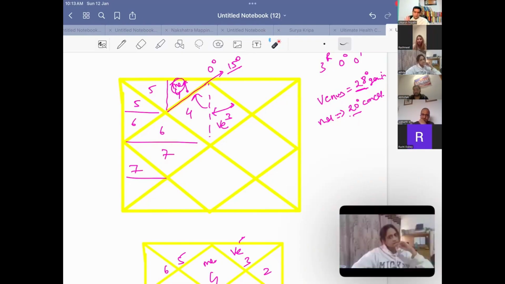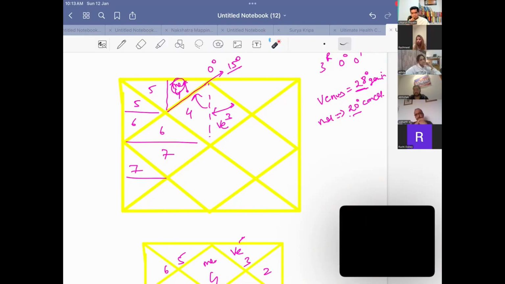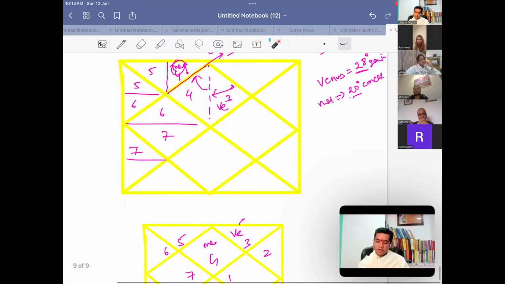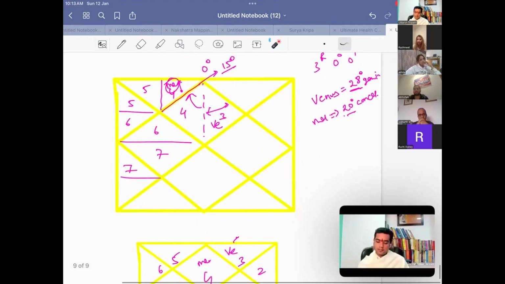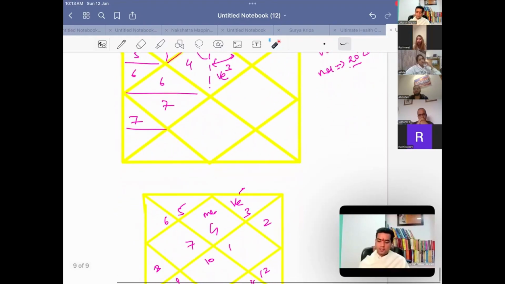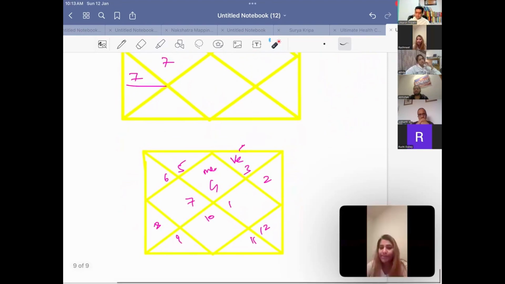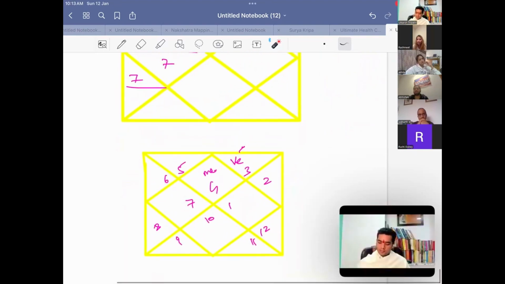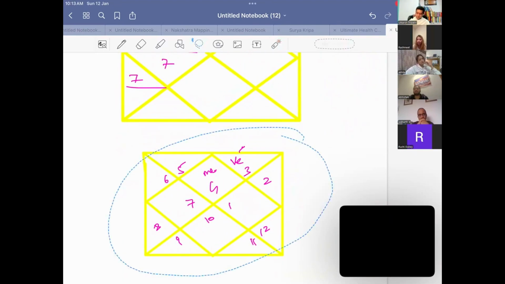Okay. So the chart that we have drawn on the top, that is how Bhavchalit looks like, and the one that we have below, that is the Rashi chart. In a Bhavchalit chart, they will not do these border things. This is my own way of understanding. What they will show is the same thing.